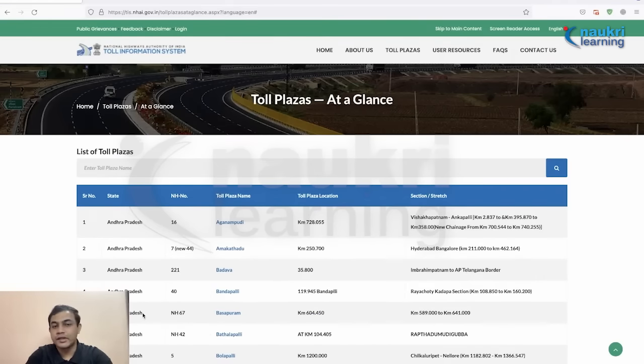So for this exercise, I have chosen this website of NHAI. It has list of all the toll plazas in India and what are their rates. Okay, so once we are at this website, we will be able to see a list of all the toll plazas and the state names and the stretch in which they resides. And we have a clickable link over here. Once we click over here,